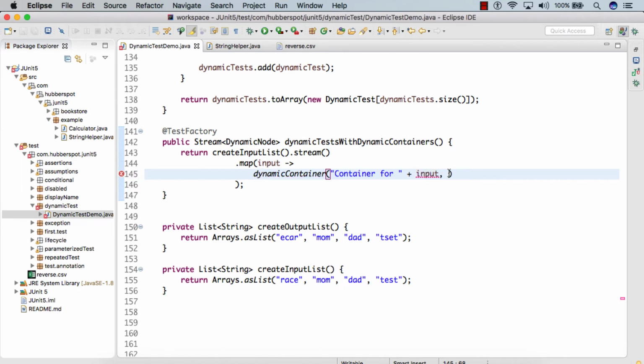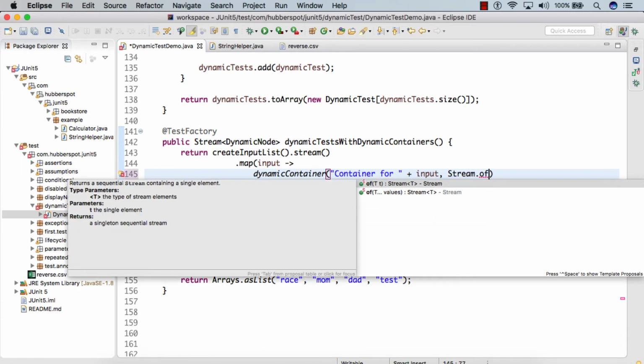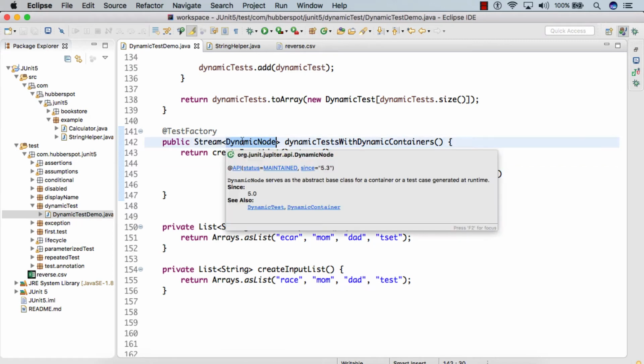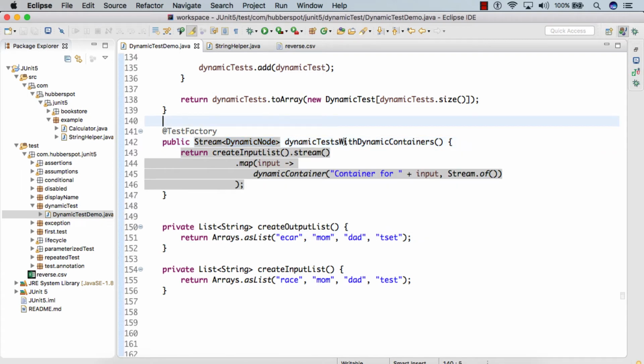As second argument it takes a stream of dynamic nodes. What we can do is use stream dot of, and here we can provide a stream of dynamic tests plus dynamic containers, because this is a stream of dynamic nodes, and a dynamic node is parent to dynamic container and dynamic test.